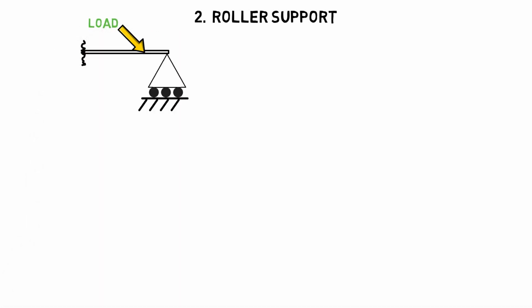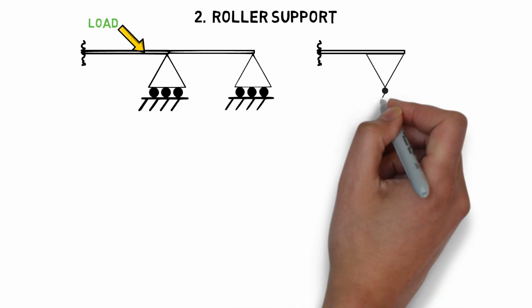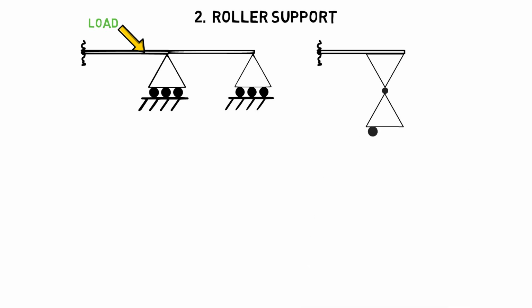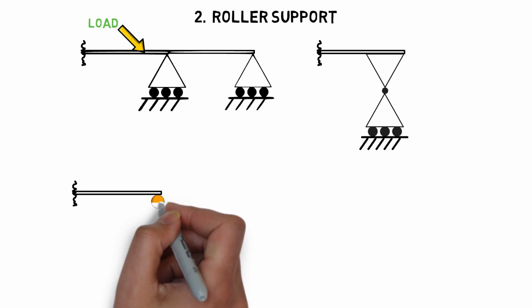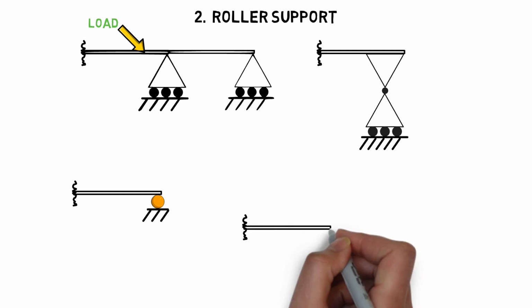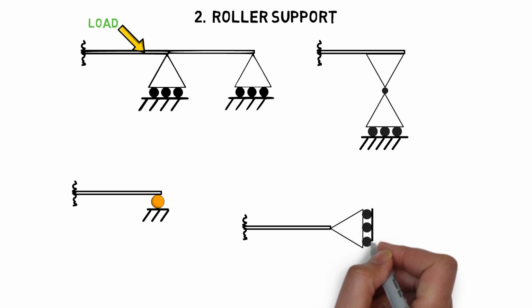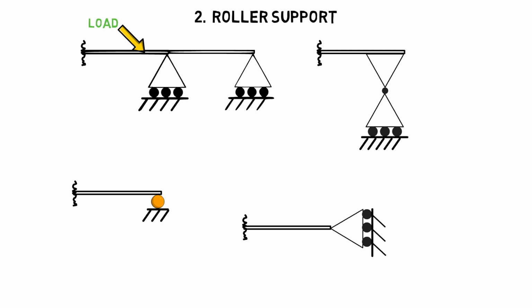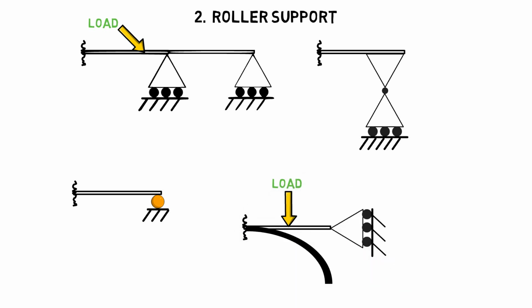As you can see, as soon as the load is applied to the beam span, the roller support starts moving in the horizontal direction. A similar phenomenon will be observed in the following two cases because the roller is placed in the horizontal direction. In the fourth case, the roller is placed vertically, so upon the action of vertical or inclined load, the support tends to move in downward direction.